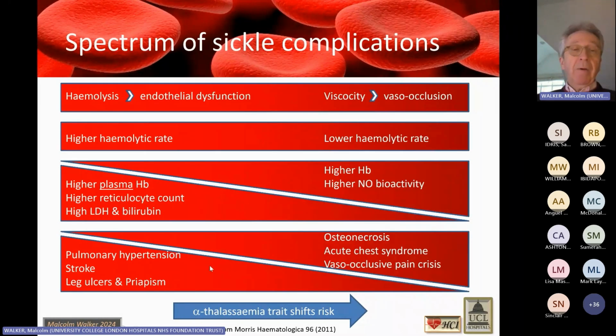shifting the phenotype away from, if you like, the more hemolytic picture that is associated with endothelial dysfunction, higher hemolysis, higher plasma hemoglobin, and greater tendency for pulmonary hypertension and strokes, and moving it towards a phenotype that is more vaso-occlusive in its presentation. And these kinds of understandings help you manage and to begin to get a clearer idea